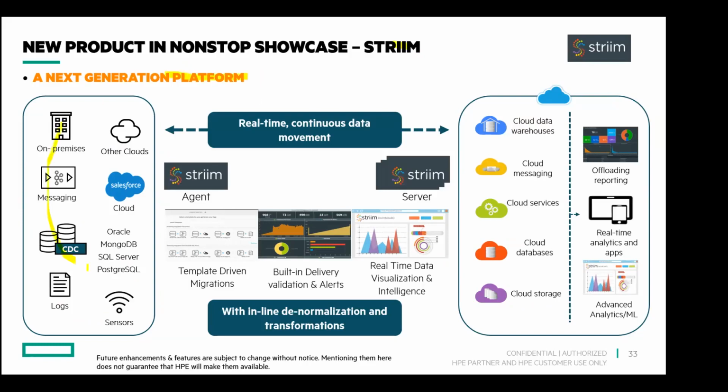So you have a lot of things on the left-hand side, a lot of things on the right-hand side. So people are transporting data from this side to that side and vice versa. So as the data moves from one end to the other, Striim sits in between using an agent and server combination. It captures the data packets and keeps on analyzing them. Real-time analysis, and then it creates all these graphs and outputs on the fly, real-time data visualization and intelligence. So it not only captures the information while the data is flowing, it also derives intelligence out of that information. And that's why it's Striim.